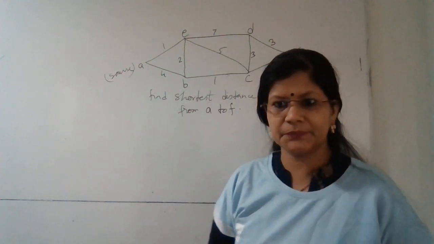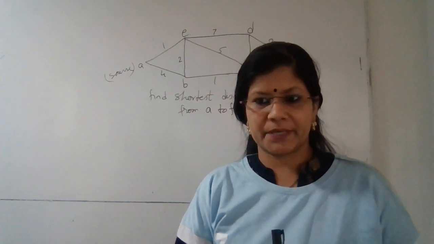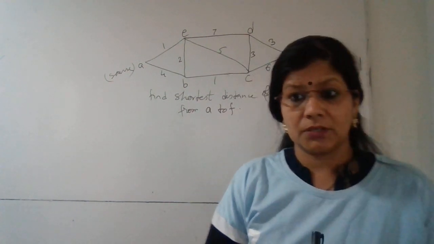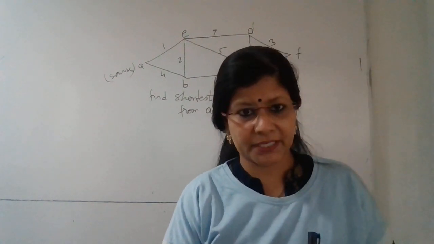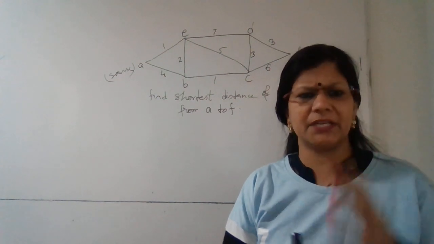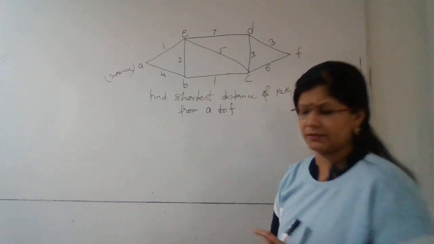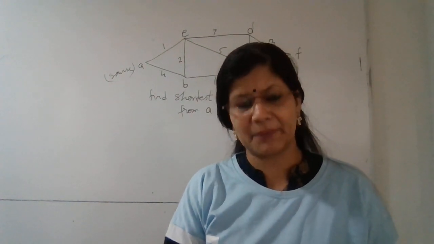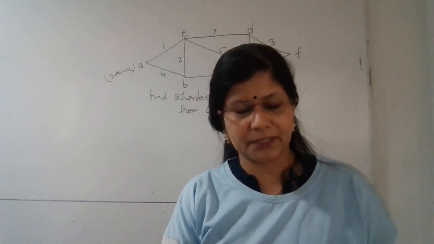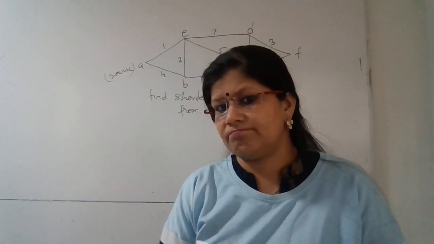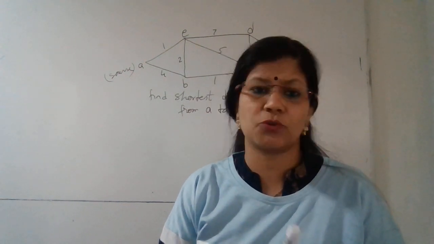Good morning, everyone. Today's topic is shortest path or shortest length from source vertex to the final vertex or any intermediate vertex. This is a very important topic because it has so many various applications in different fields like electricity, Google Map and so on.